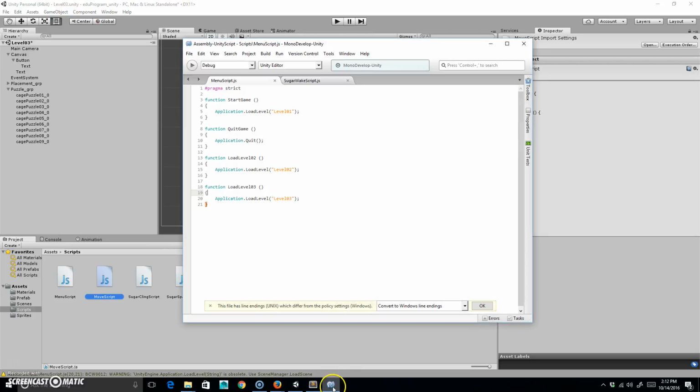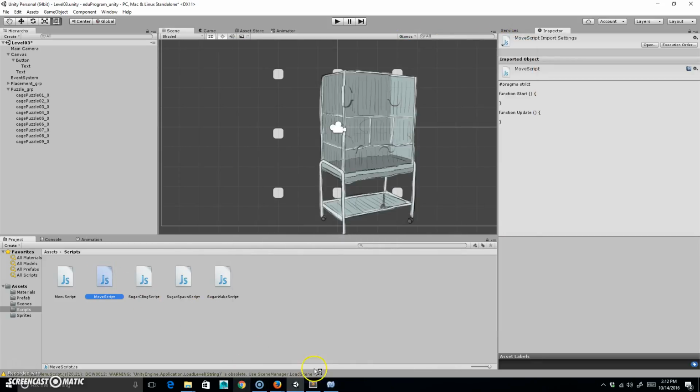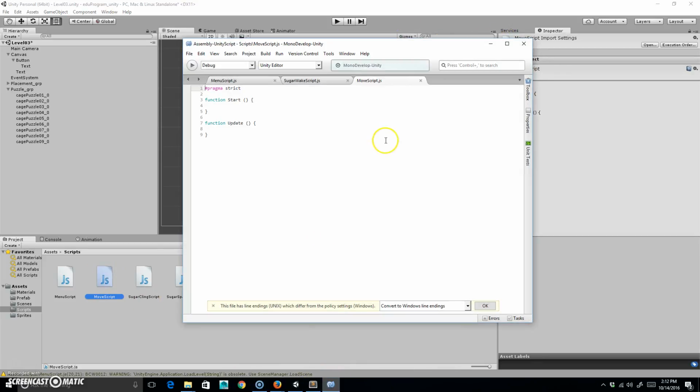And did it open up? Yep, no, did not. Hang on a second. Try that again. Double click. There it goes. Okay, so we're going to need a couple things in order for this to work. You know what, I'm going to stop it here actually, and we'll write the script for the next one on the next thing. Okay,